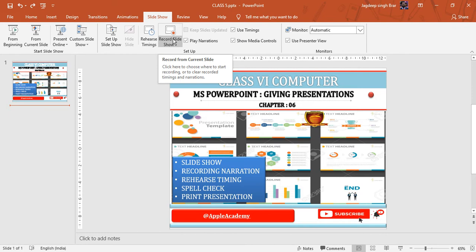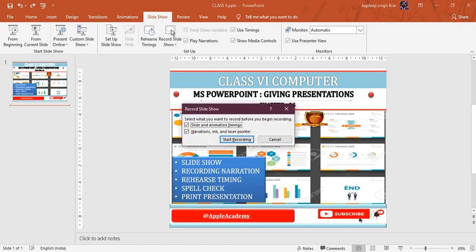option from the setup group of the slideshow tab and click on it. A record slideshow dialog box will appear. It asks you to select what you want to record before the beginning of recording.